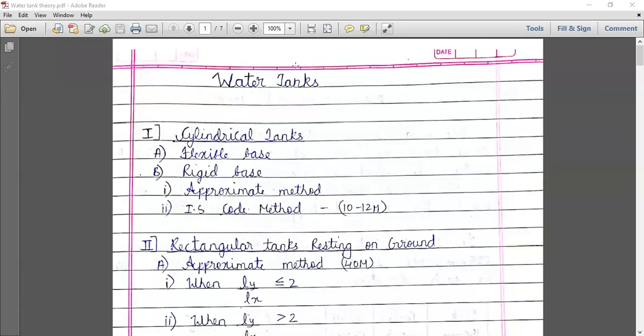Okay, so now let me share the PDF now. Okay. Yes, is my screen visible now? The PDF is visible or the IS code is visible? Yes. Am I audible everyone? My handwritten PDF is visible or IS code is visible? Reply. Okay.